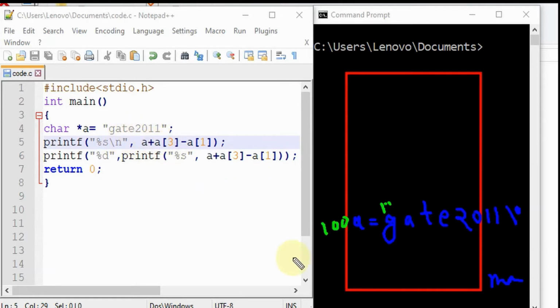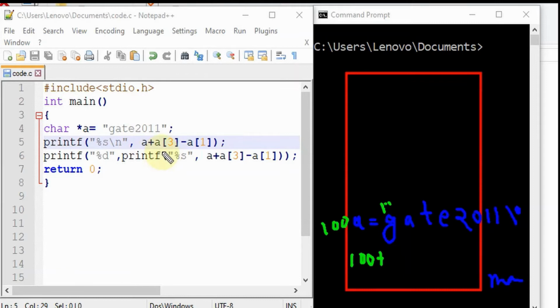Now what we are going to do in here is take address 100 plus what is stored at the place a[3]. a[3] means we are going to take the value of the character that is stored at place 3. So 0, 1, 2, 3. That is our E that is stored in this place. So E is stored at a[3], and that will be accessed in here.